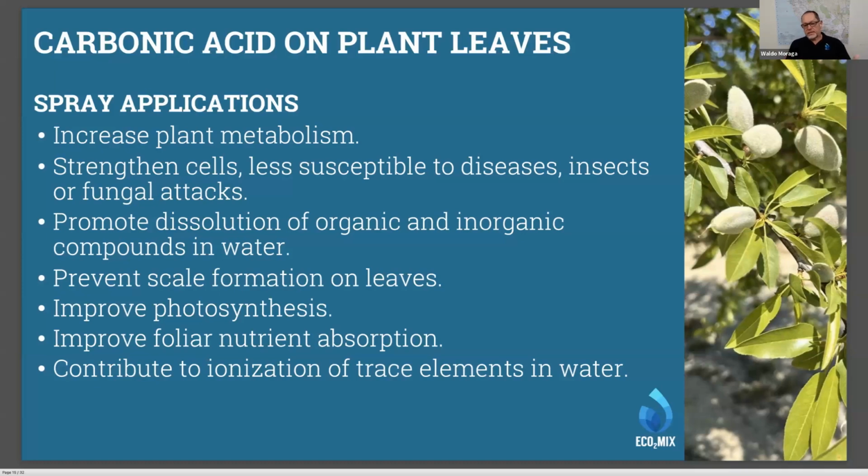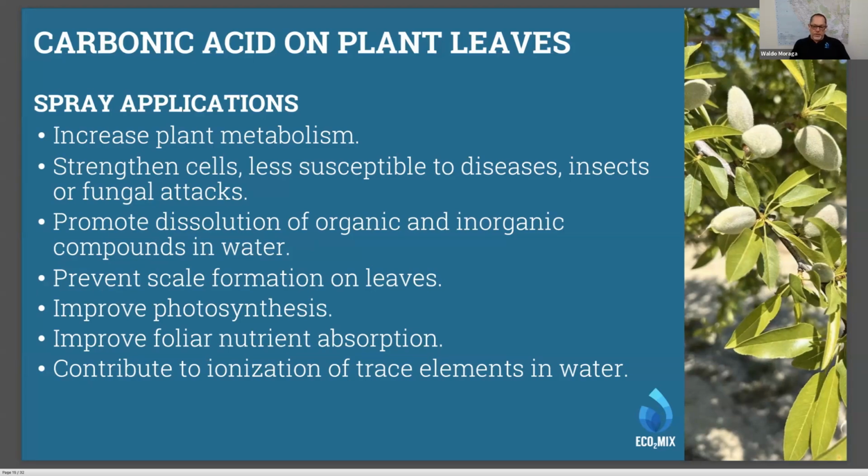As the slide says, it strengthens cells, promotes the dissolution of organic and inorganic compounds in water, and contributes to the ionization of the nutrients. And ionization makes those nutrients in the water more available. So whatever you're applying, foliar fertilizers or pesticides, they become more rapidly available for the plant. It improves photosynthesis and nutrient absorption, because you are applying water that is rich in carbon dioxide. The plant recognizes that, the stomata open, and they like it. And